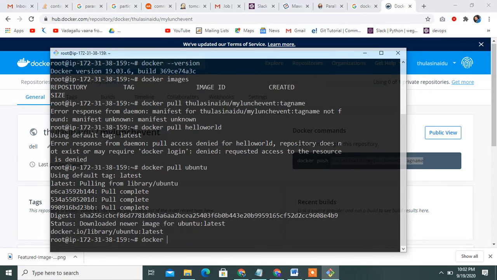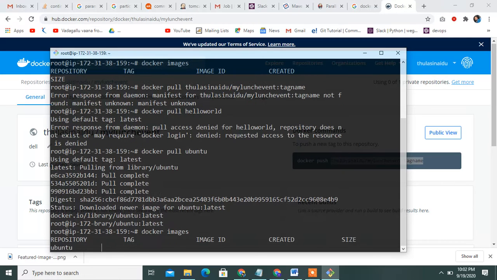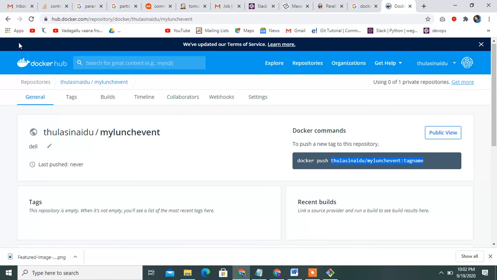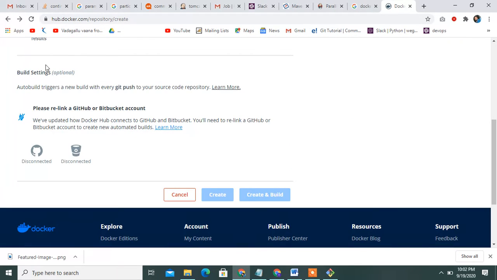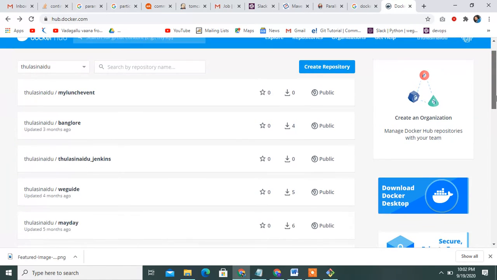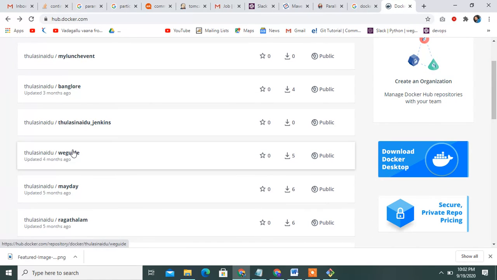Check docker images. See, the Ubuntu image is accessible on the local machine. For understanding purpose, I will take another image. There are already so many images in my Docker Hub.